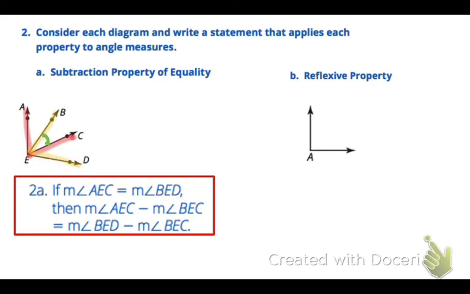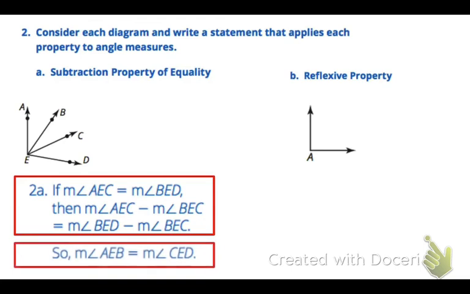So the way to think about it is, if I said that this was 30 degrees, and then I said from here it was also 30 degrees, and let's say that this was 10, if I took angle AEC that is supposedly 30 degrees and I took off BEC that is 10 degrees, that leaves me with 20. Then if I took BED and I subtracted, again, the 10 degrees, I'm going to be left with 20 as well. So they're saying when you do that, you're going to end up with